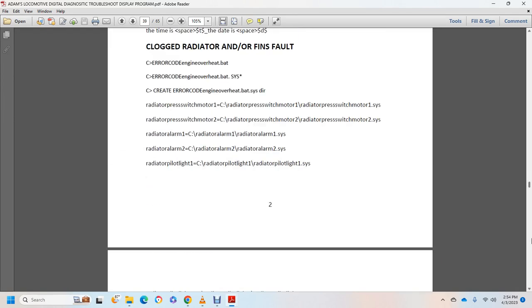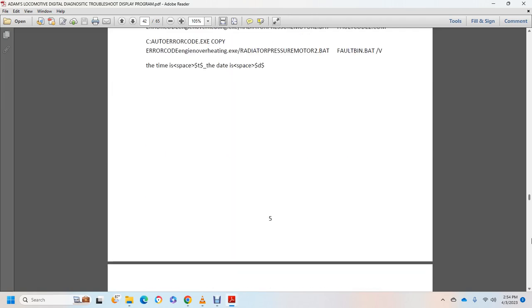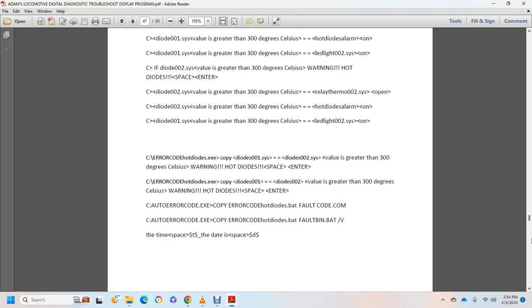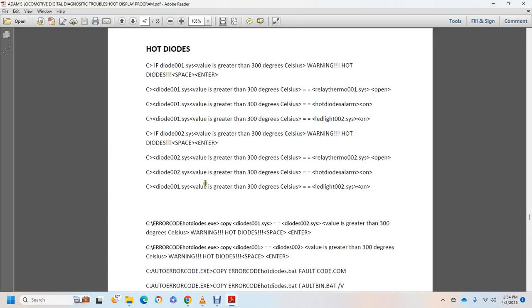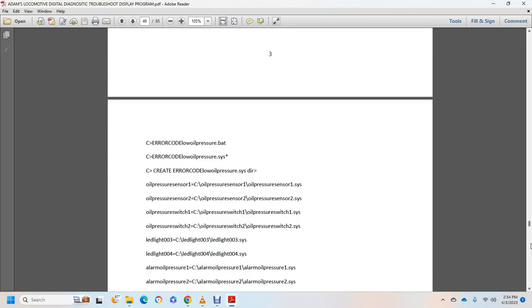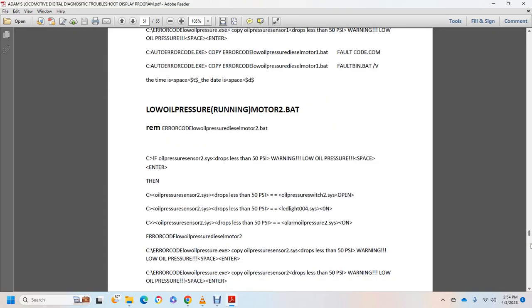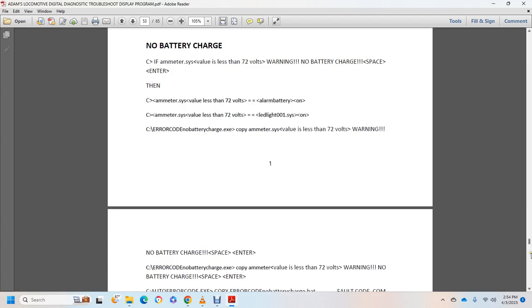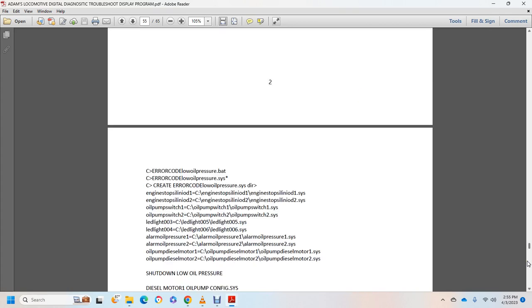And then there's several other ones like this: radiator pressure, motor flog, diesel engine overspeed. Hot diodes. Hot diodes would be values greater than 300 degrees Celsius. Just a nice quick little wrap up. It shows the oil pressure monitor drops less than 50 psi on the oil pressure. Battery charging configuration, so lead values less than 72 volts. So you know your locomotive is at 72 volts, and